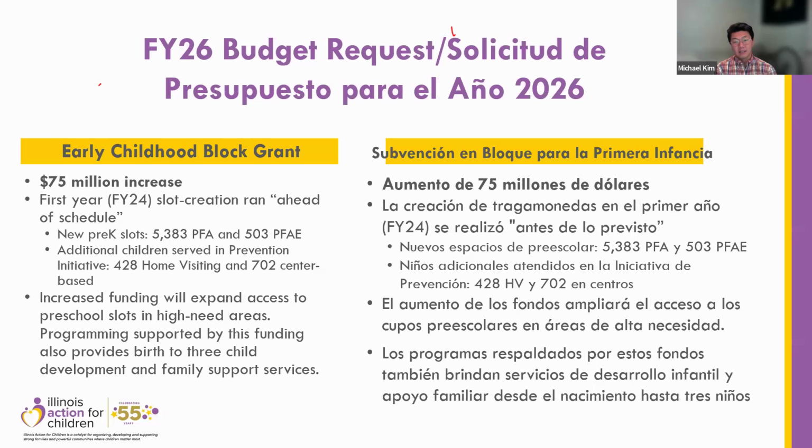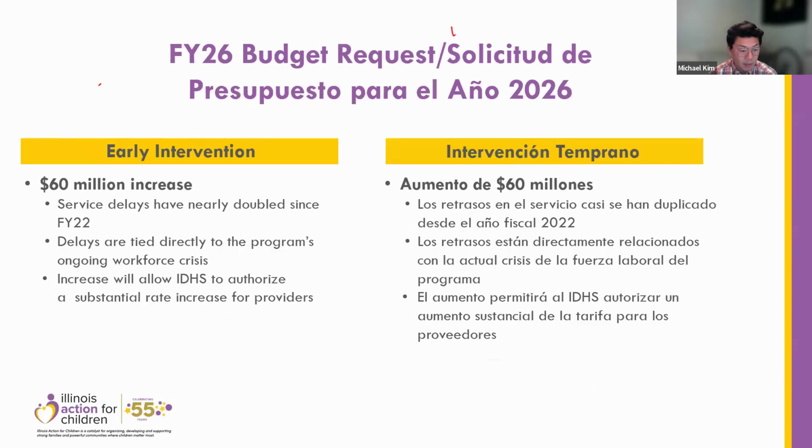And again, the last thing that the Early Childhood Block Grant $75 million increase will go to is increased funding to expand, and to make sure that the funding will provide additional COLA and different areas of increased payments for educators as well. I said a lot, so I'm going to stop and let Angela finish off some of the budget asks that we will be doing.